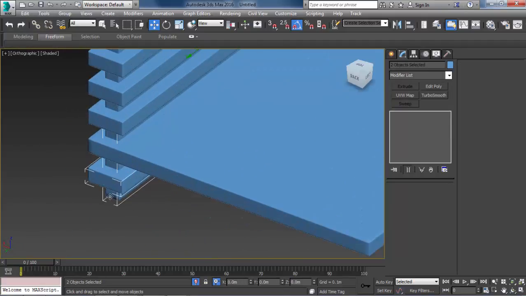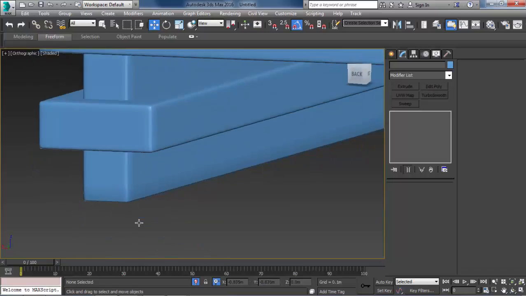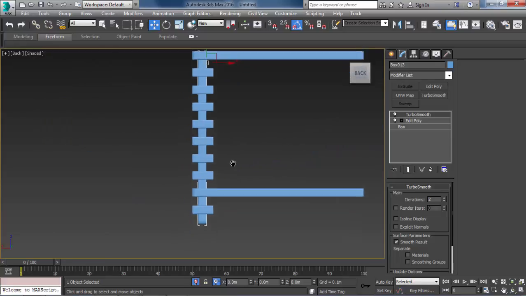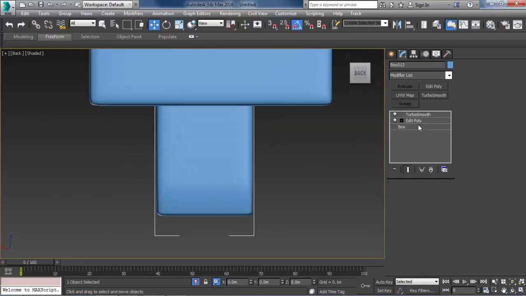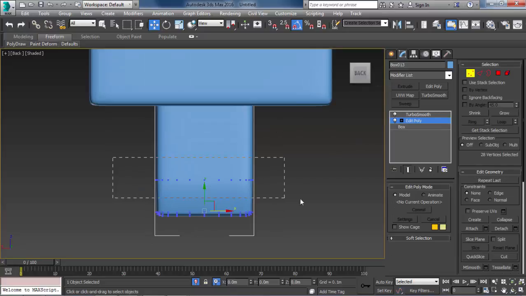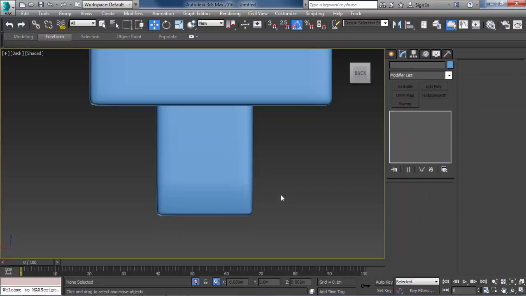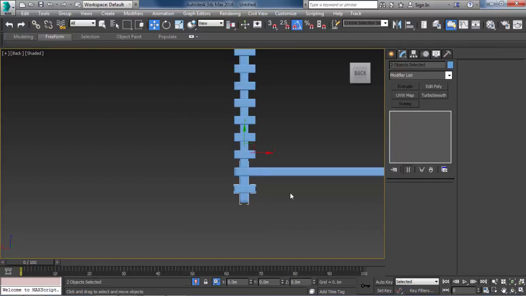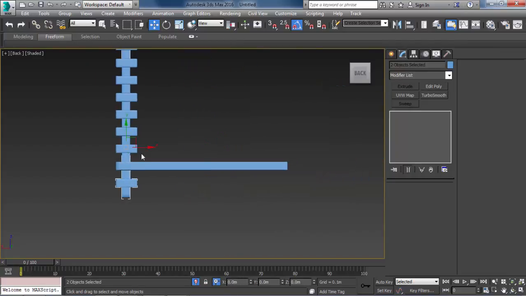We also have, let's go to the back view. Let's select those and create a copy.